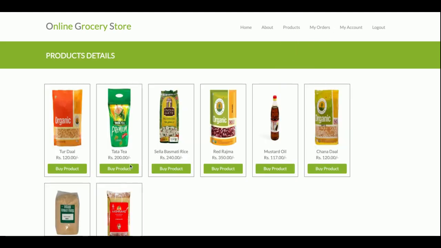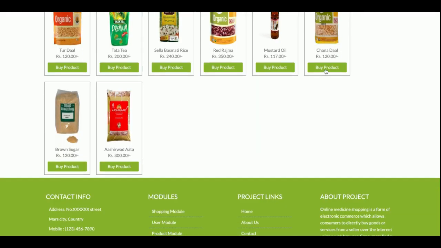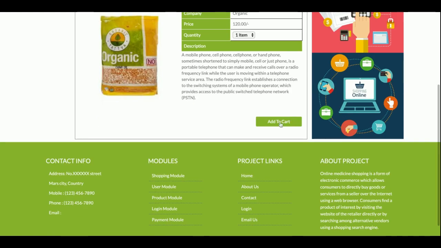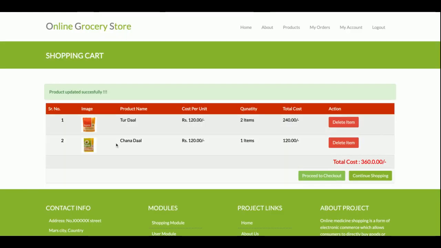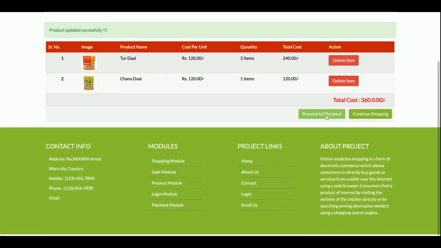Now I am going to add some more items. This is buy now, and add to cart. Now there are 2 more items here. There are 2 buttons here: proceed to checkout or continue shopping. Once you click on proceed to checkout,